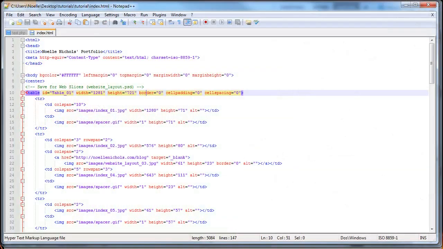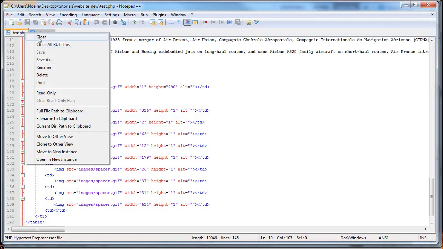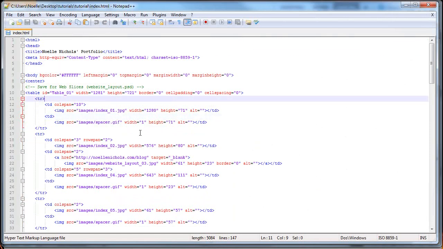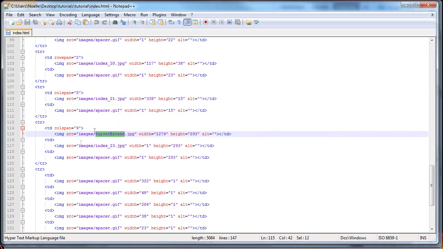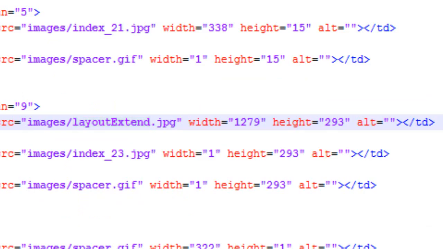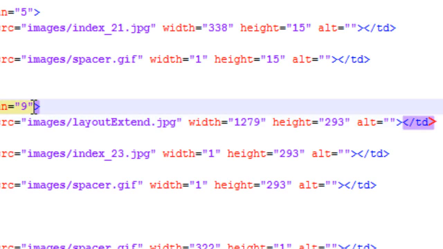And we want to open up our HTML file. I could probably close this one down. And I want to look for layout extend. And there it is right there. Now what we want to do is change this table cell, and slap a background on it, and then put our text over it. And if you know CSS, it's a style coding shortcut that you can put in here. So what we want to do is say